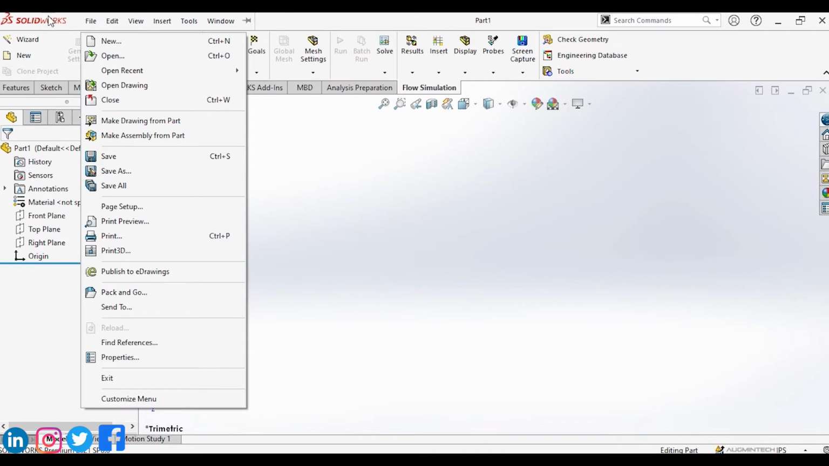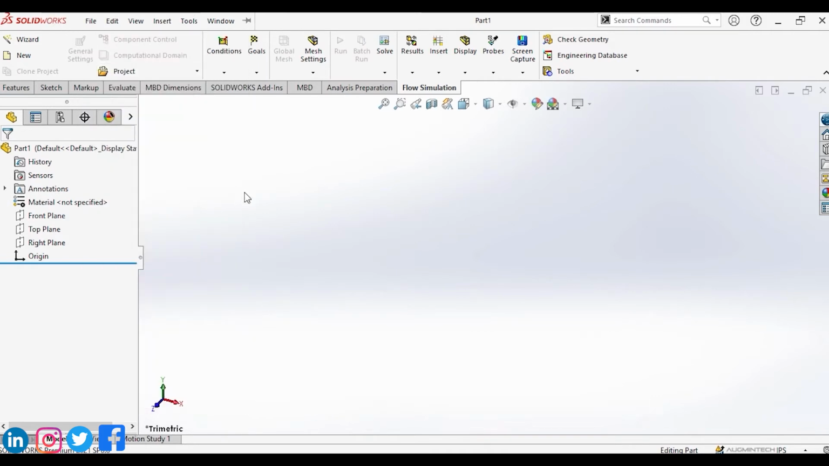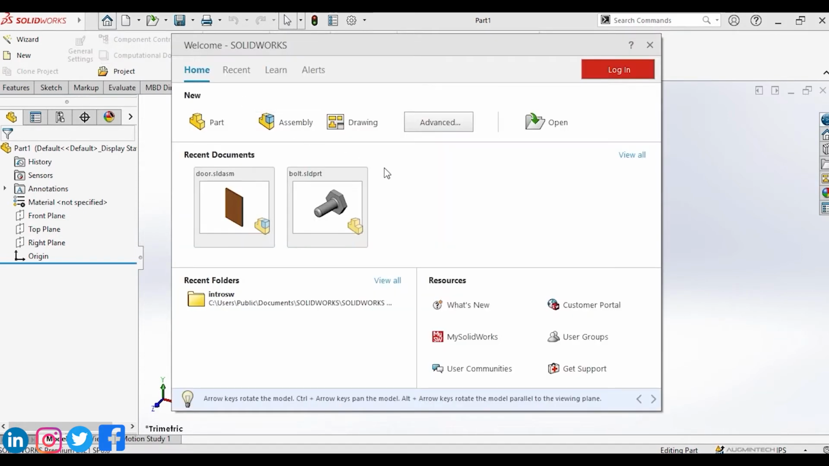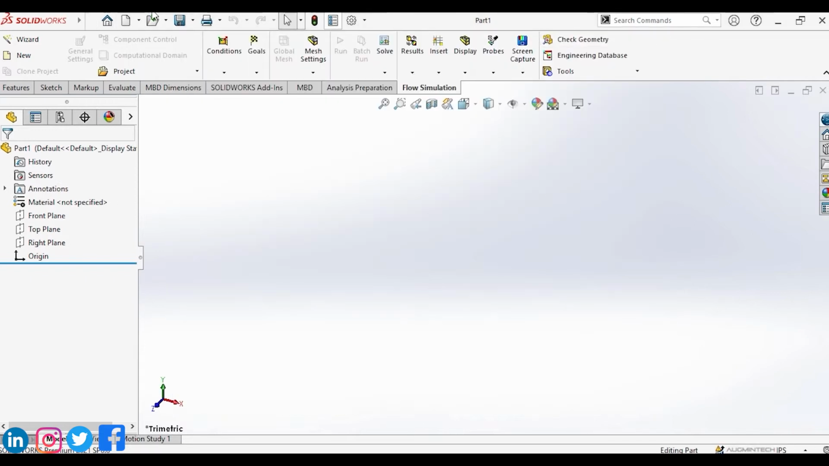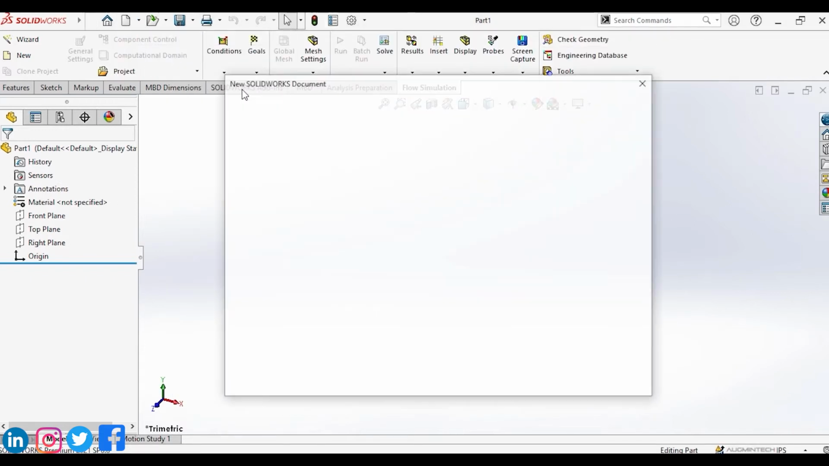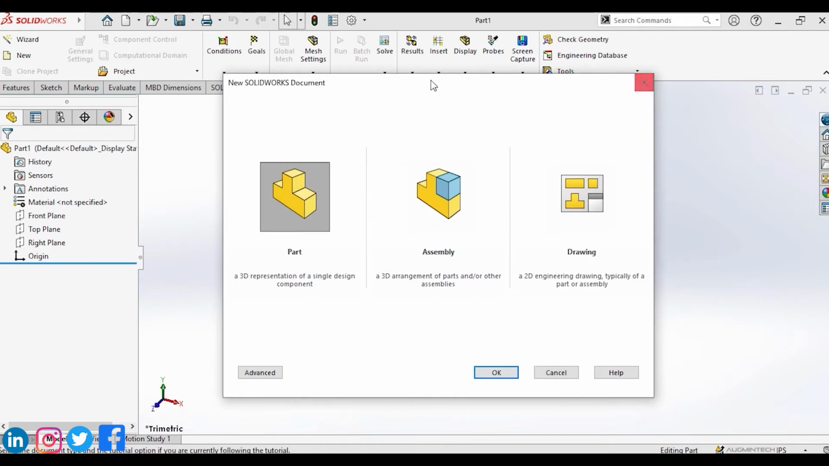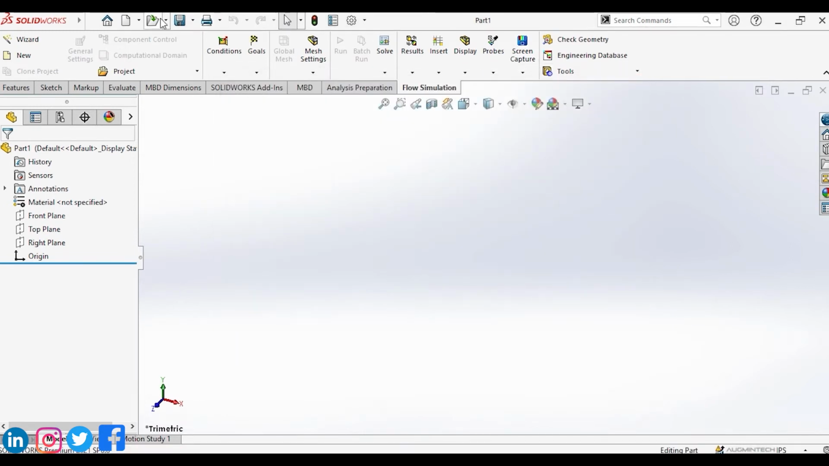So when you take your mouse out from this section, you will find some other tabs over here. In these tabs, as we have discussed earlier, this is the home button. By clicking this home button, you can find your welcome dialog box. You can create your new part, assembly, drawing from this new section. You can open your saved parts, assembly by this tab. You can save your part, assembly or drawing from this save menu, and you can print your parts or assembly